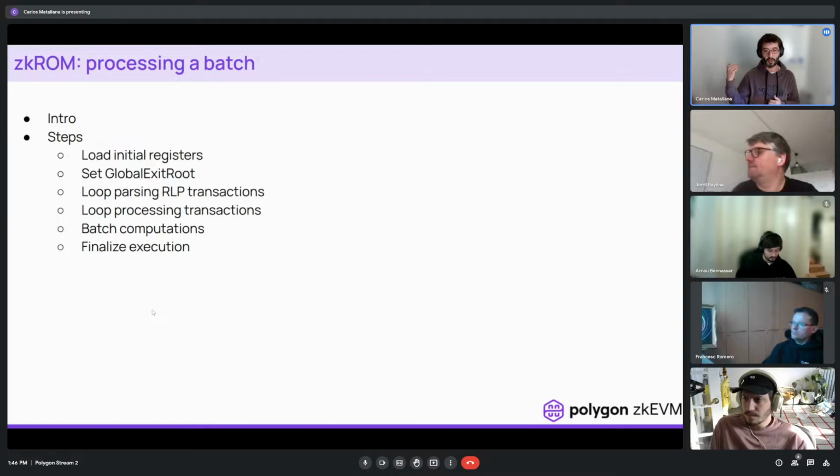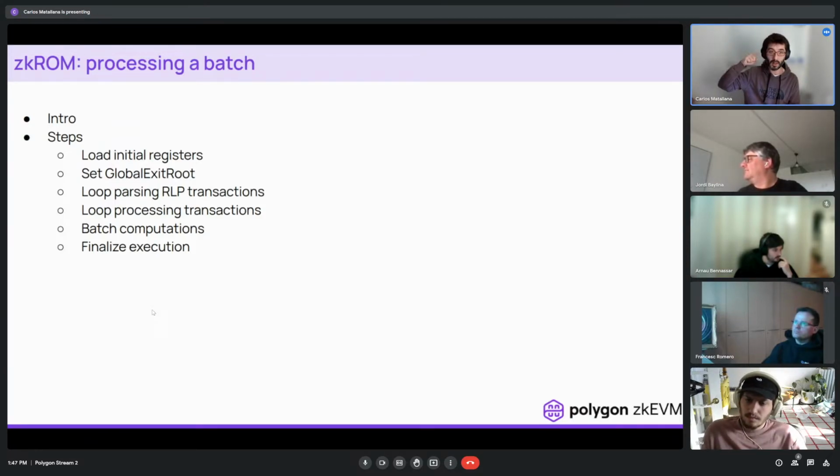Later on, we are just forwarding the exit route from layer 1 to layer 2. The exit route is the route that has the bridge, in order to perform the process that has been done in layer 1. Later on, they will claim all the assets that they lock in layer 1 and layer 2. Later on, what we are doing is processing all the transactions. We're processing the RLP of the transactions. Later on, we're processing the transactions, and at the very end, we are just doing all what we call all